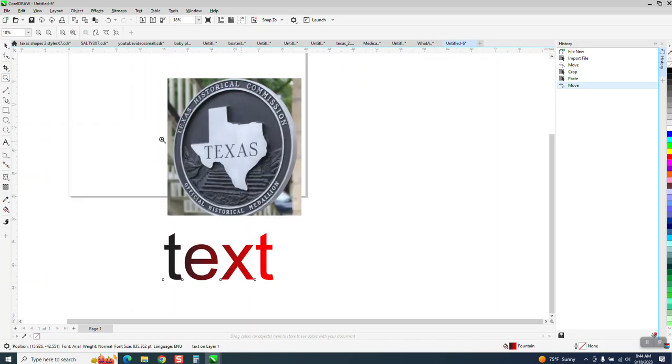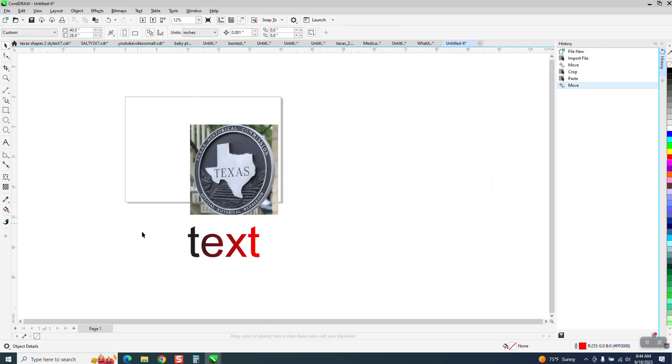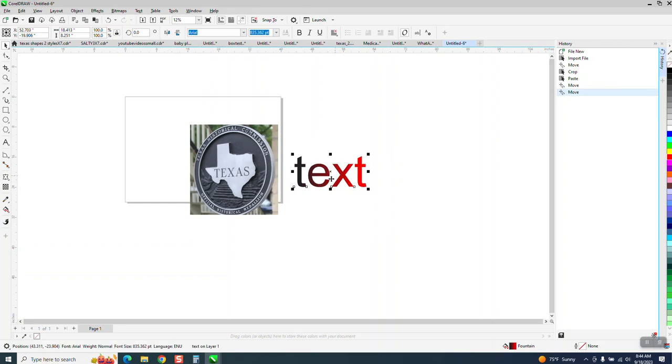So, if you're working on something that has a lot of stuff, if you will just continuously save it, say you've done this and you save it, well, then after you saved it, and you've done a lot of work, and you go, man, I wish I would have kept that, well, you've still got it in the save, and you can just